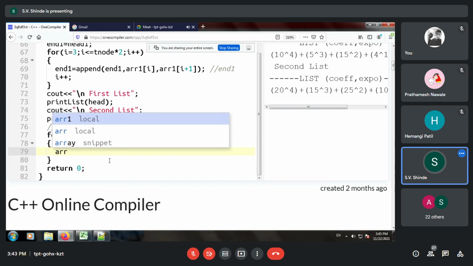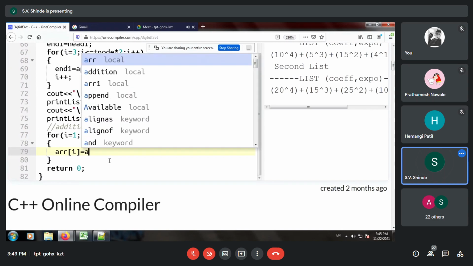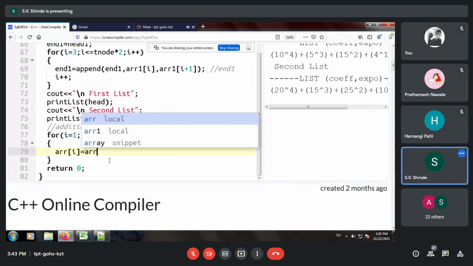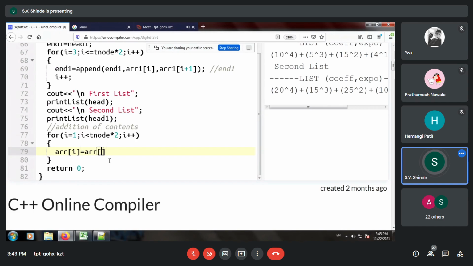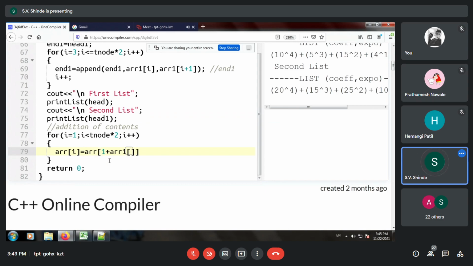So we put sum array of I is equal to array of I plus array 1 of I. Then we are assuming that the exponents are matching and both have the linked list as same. So I just increase this I plus plus and nothing else.